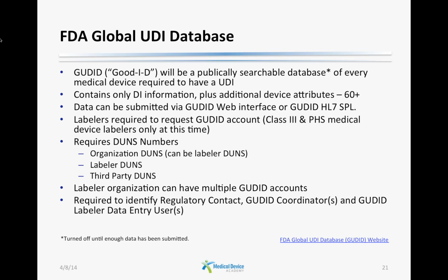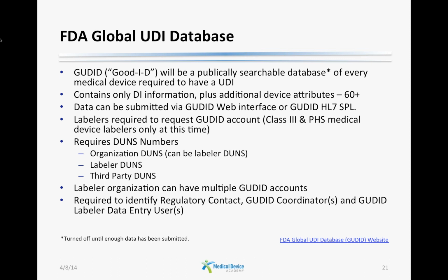Each GUDID account must have 1 regulatory contact, 1 coordinator, which manages the labeler data entry users, 1 labeler data entry user for day-to-day data entry, and 1 labeler DUNS number. A labeler's DUNS number must match the name and address on the device label. Production identifiers are not entered into the database, just production identifier flags to indicate which production identifiers are on the label. There are 2 standard-based methods to submit data: